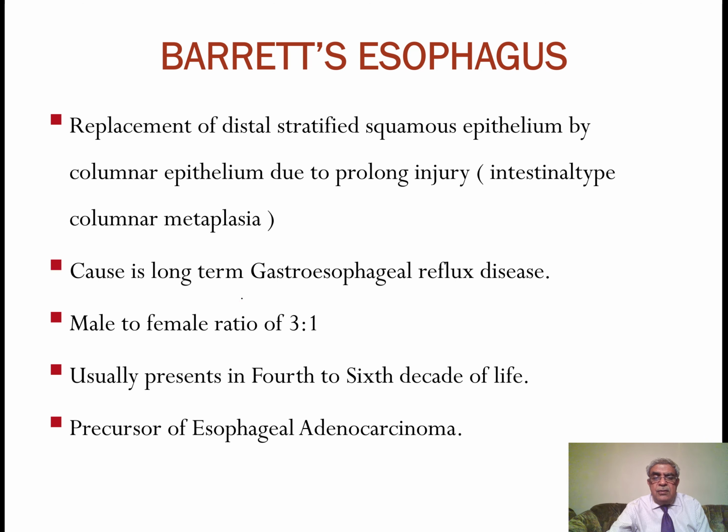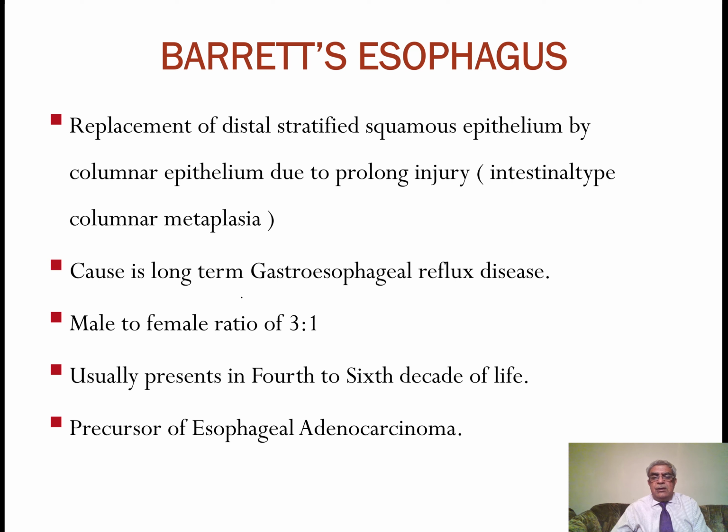And a very important point, it is a precursor of esophageal adenocarcinoma. I repeat, Barrett's esophagus is the replacement of the distal stratified squamous epithelium of the esophagus by intestinal type of columnar epithelium, which contains goblet cells. Cause is gastroesophageal reflux disease. Male to female ratio is 3:1, seen in 40 to 60 years of age, and it is a precursor lesion